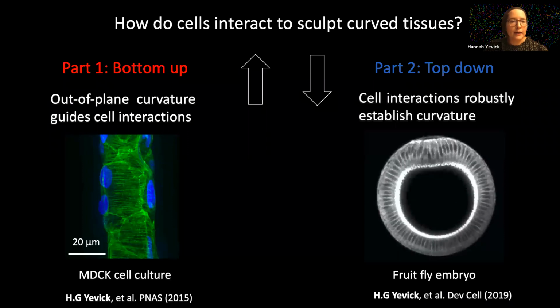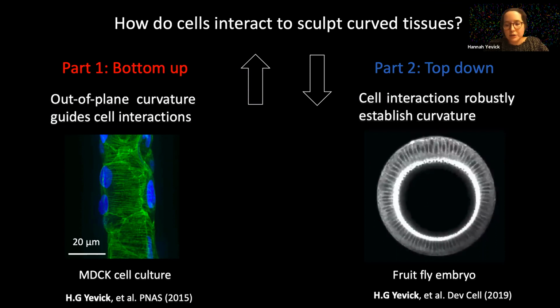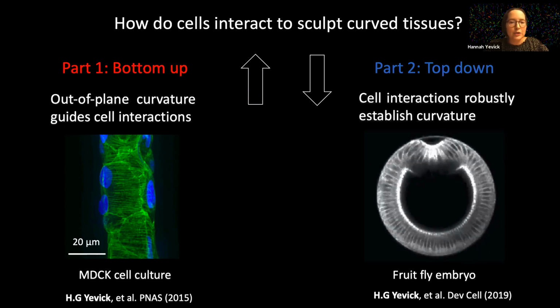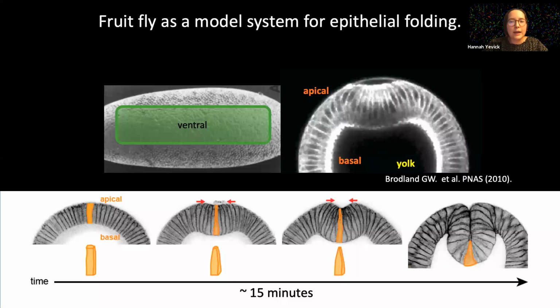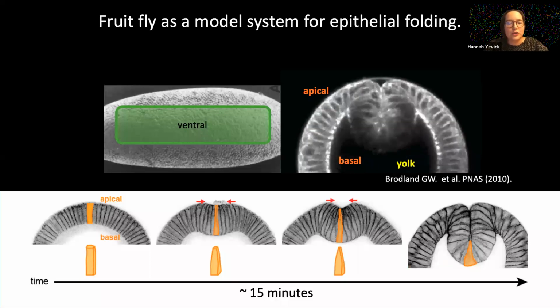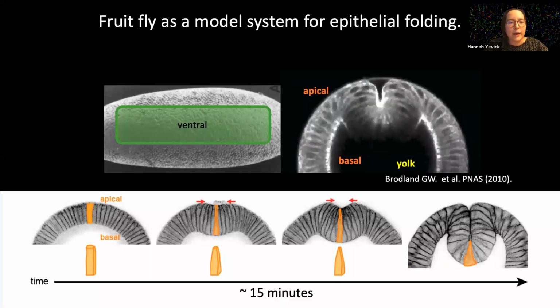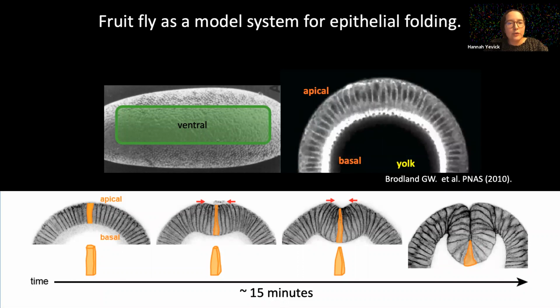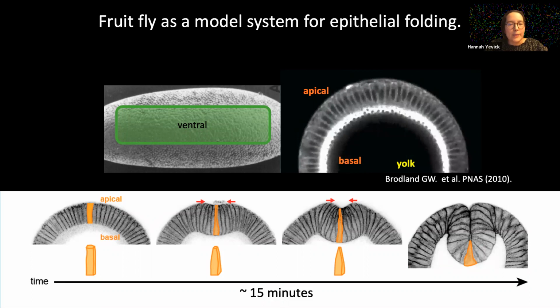So the second part here is this top-down approach that I'll describe, where I identified how cell interactions robustly establish tissue curvature. And this work was done more recently in the lab of Adam Martin at MIT. So to understand how cells interact to generate tissue curvature in folded tissue, we selected the fruit fly as a model system. So the early fruit fly embryo is really an ideal model of robust tissue folding because it's driven